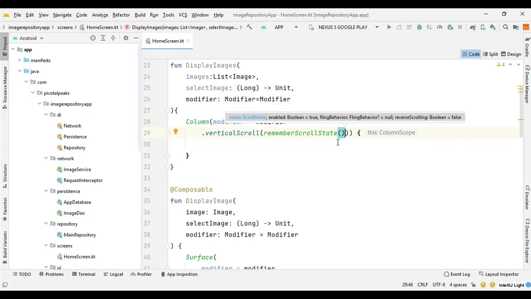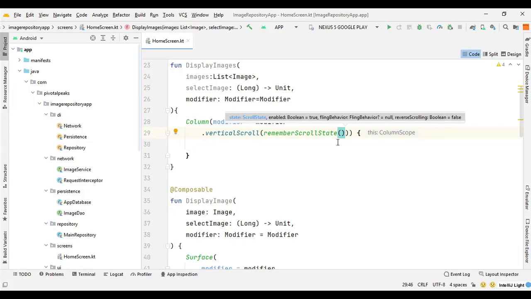So what it does is that it creates the scroll state and remembers the position based on the current scroll configuration to allow changing scroll position, and it also observes the scrolling behavior.